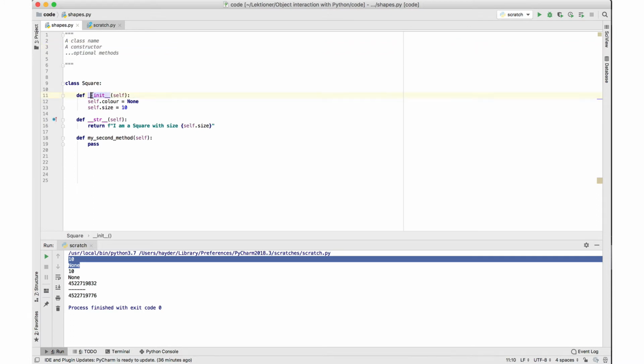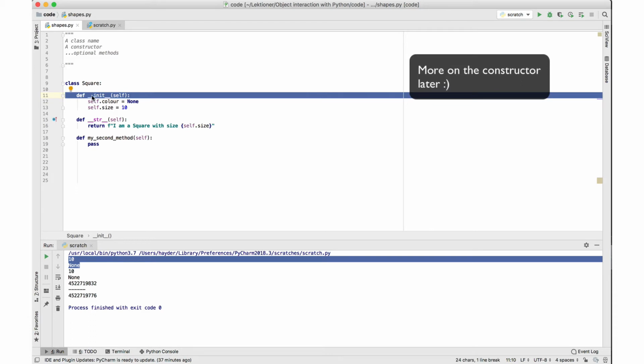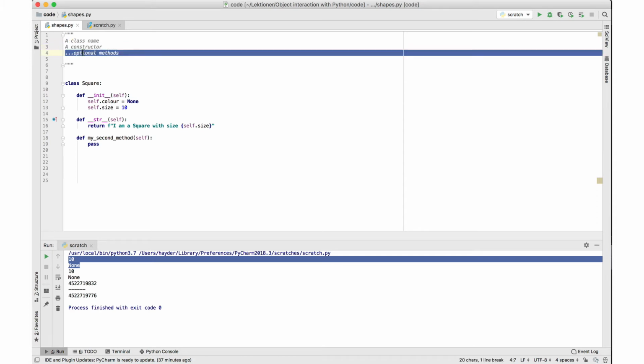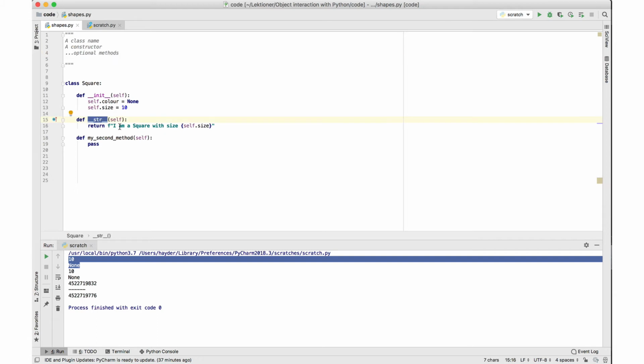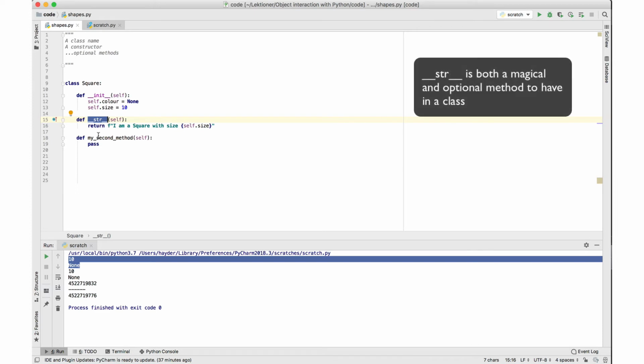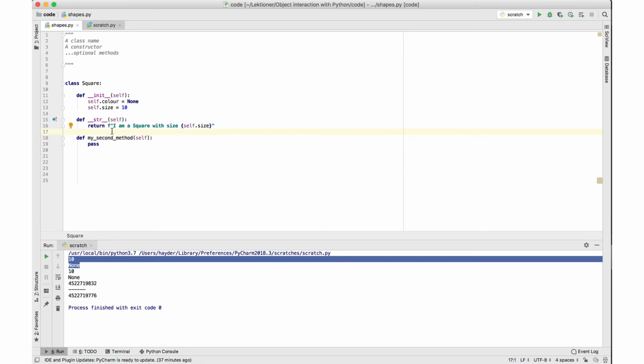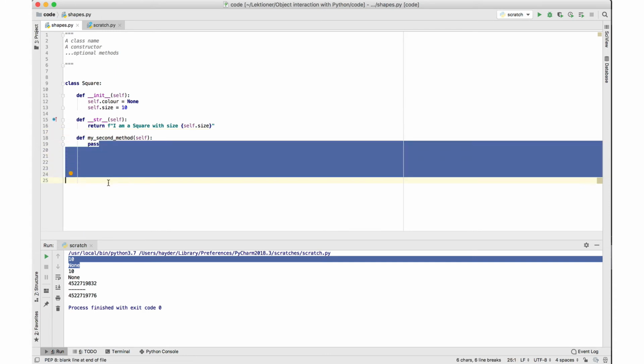So this init here is a constructor, and it's also called the magic method because it's built into Python. And after the constructor we have another set of optional methods. I've just demonstrated here str, which is a built-in Python method as well, and an optional method that I've defined myself. Now it doesn't contain anything, but for illustration purposes,